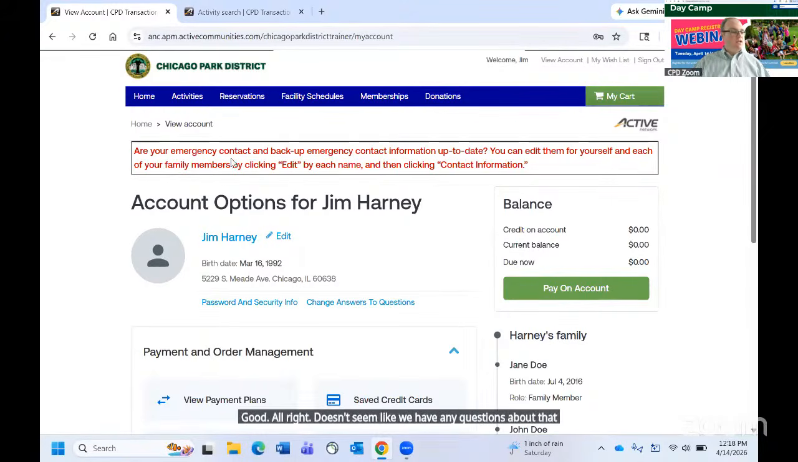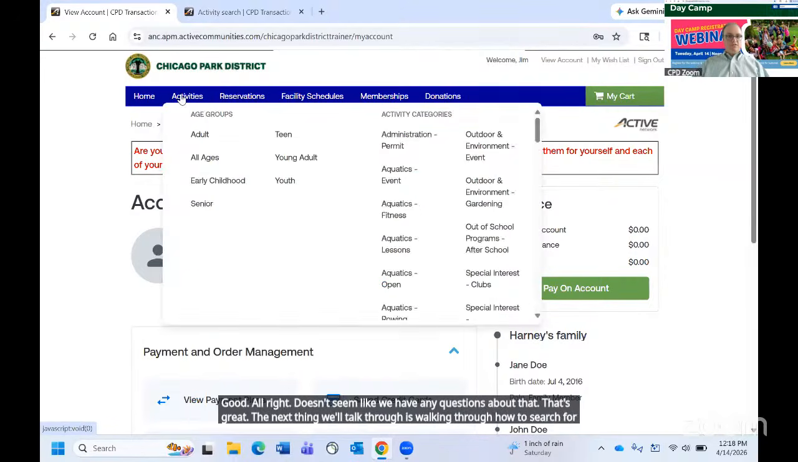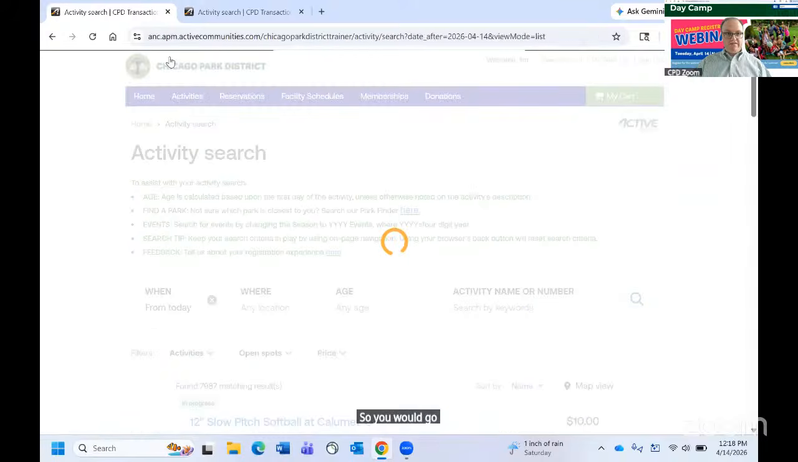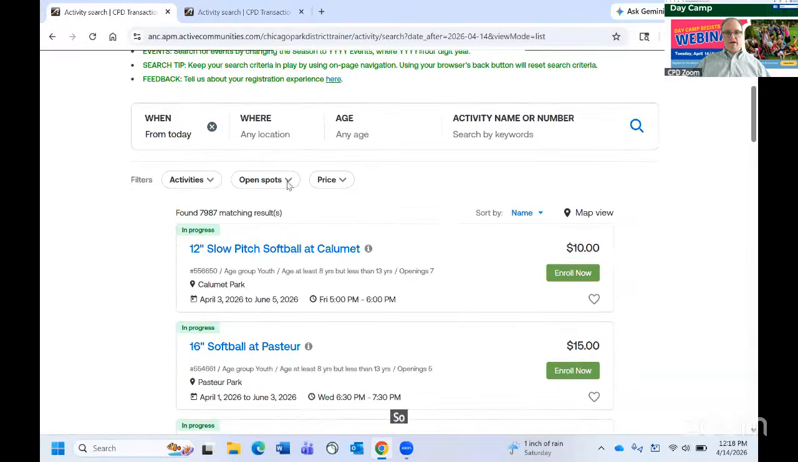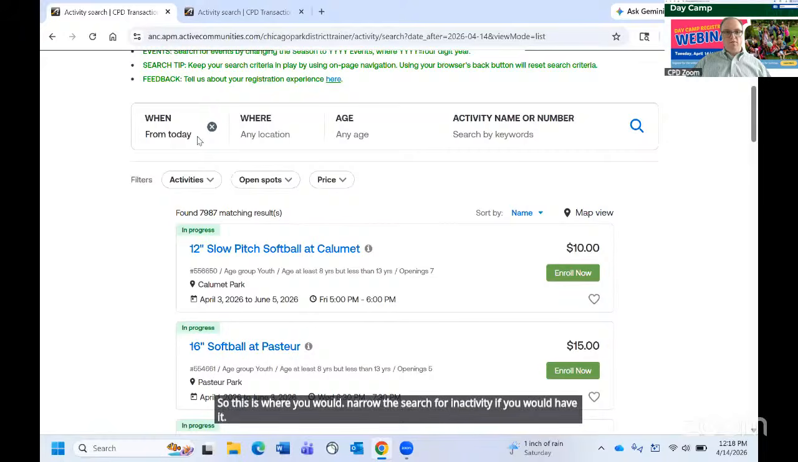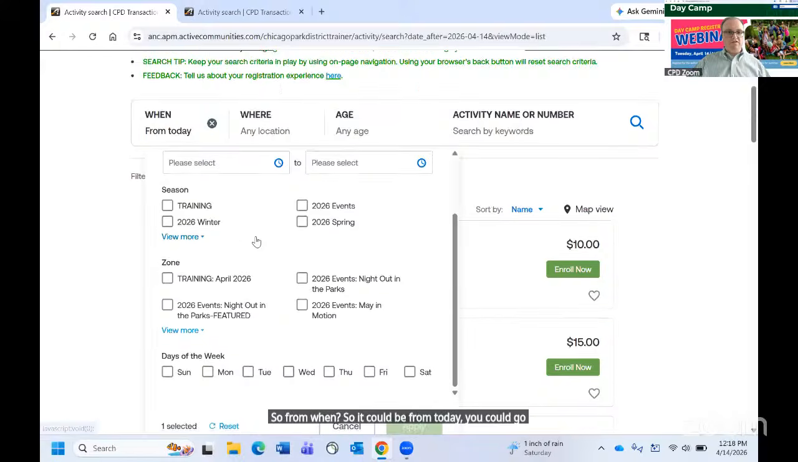That's great. The next thing we'll talk through is how to search for programs. So you would go up here to activities on the top bar, next to home, to the right of home, the activity search. This is where you would narrow the search for an activity. So from when? It could be from today. You could go into the training here, the season,